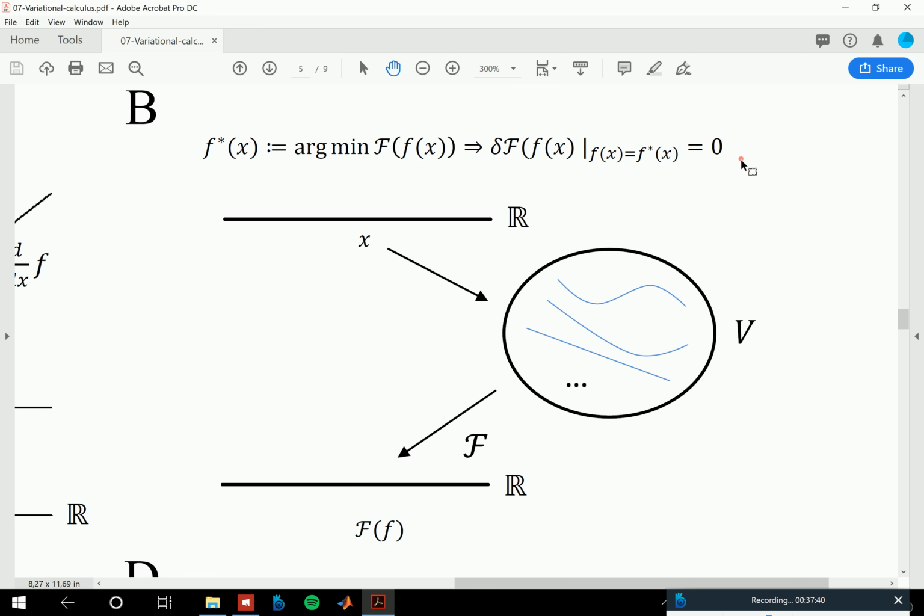So think again, standard calculus: you have a function, you put in real numbers, and to find where this function has a maximum, minimum, or saddle point, or an extremum, or a critical point, however you want to call it, you compute the derivative of the function and then solve for the critical point. For functionals, on the other hand, where the functionals are functions of functions, you do essentially the same thing. You compute the derivative of the functional with respect to the input function, and then you set it to 0 and solve for the function that yields this